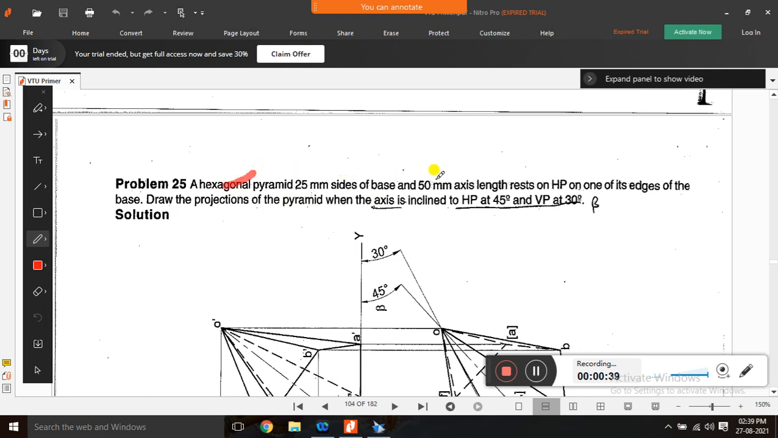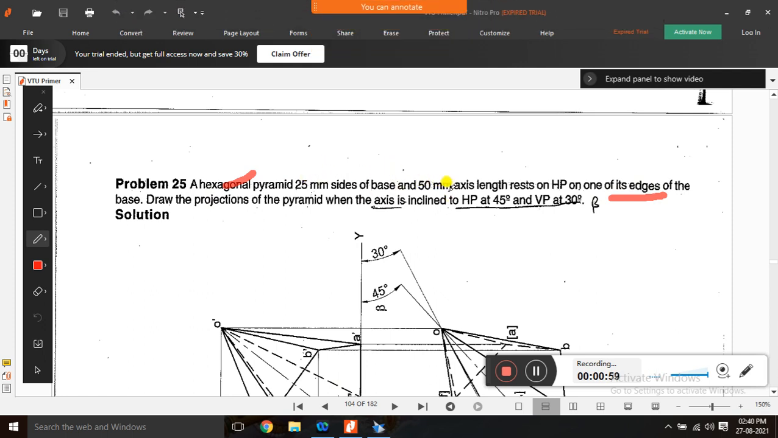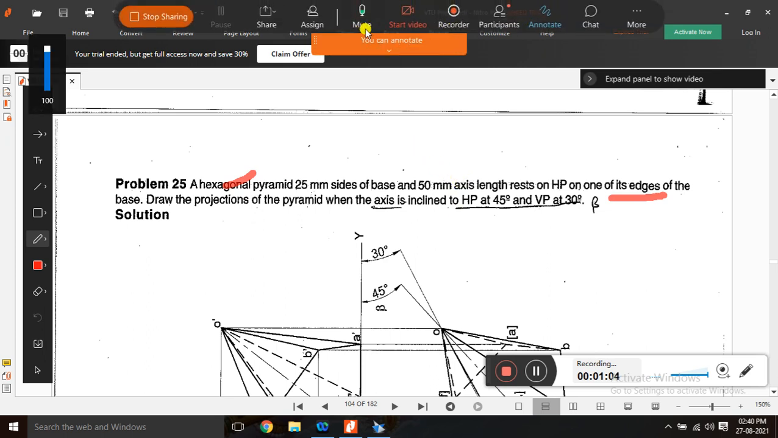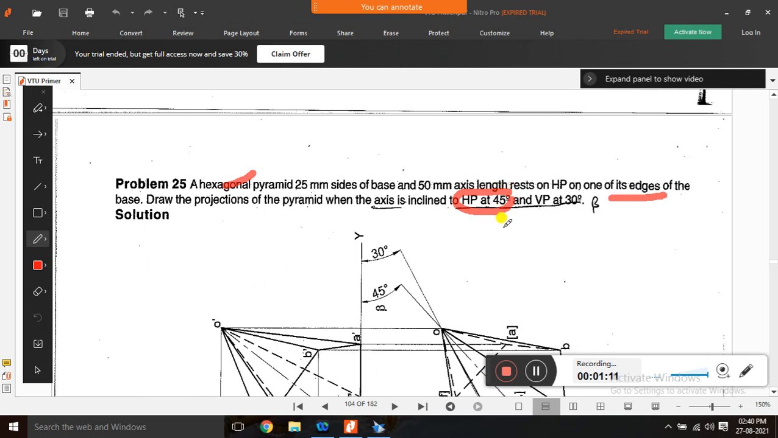Its axis is 50 mm, and it always rests on HP, we already know that, and it is an edge condition. So you have to start with the top view with the edge condition of the hexagon and come to the front view, the pyramid of height 50 mm axis. Clear? And the second position is HP inclination of 45 degrees, and the third position is VP inclination of